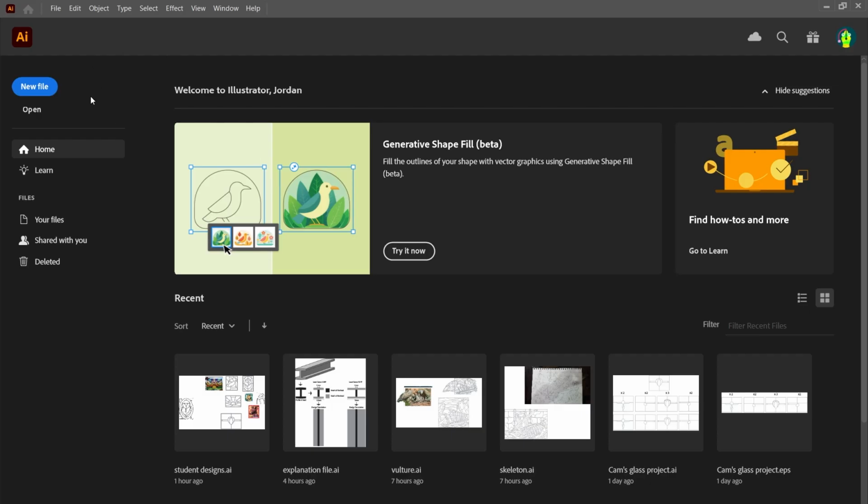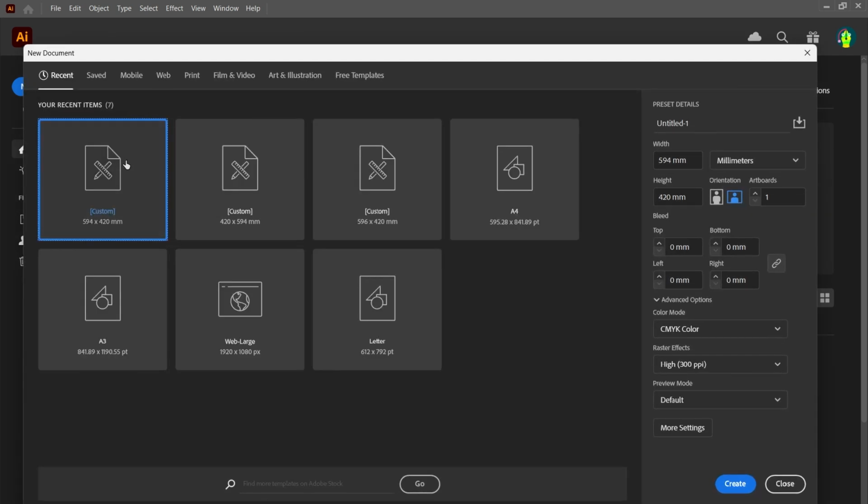I'm just going to be doing a tutorial today on how to do designs in Adobe Illustrator for LED lighting. So here we go. Alright, so I'm going to get you started by opening a new file, clicking on the